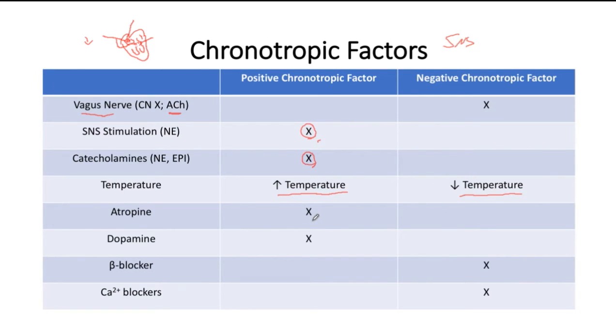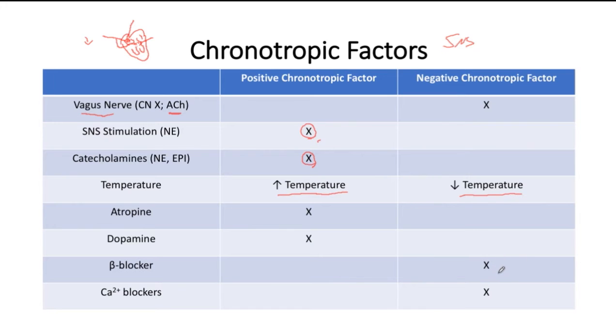The medication atropine is sometimes used to treat bradycardia, and it is used to block muscarinic receptors that acetylcholine from the vagus nerve would use to interact with. So basically, making it more difficult for the vagus nerve to interact with the heart will allow heart rate to go up. Dopamine can also be a positive chronotropic factor, and beta blockers, on the other hand,